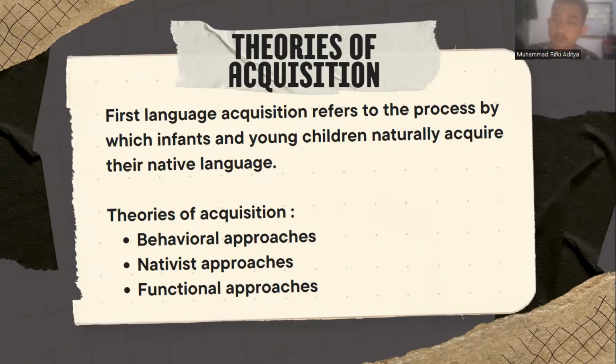variability in language acquisition. Critics point out that the nativist approach does not explain the variability observed in children's language acquisition. And the second challenge is overemphasis on syntax. There is a belief that nativist theories overemphasize the role of syntax in language learning, so they neglect other linguistic elements like semantics and pragmatics.